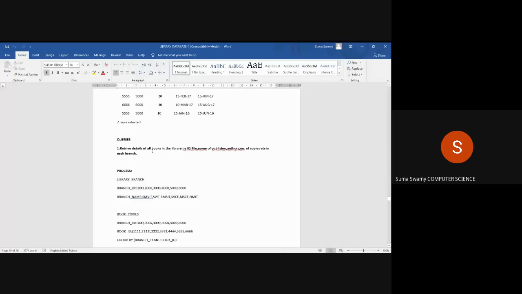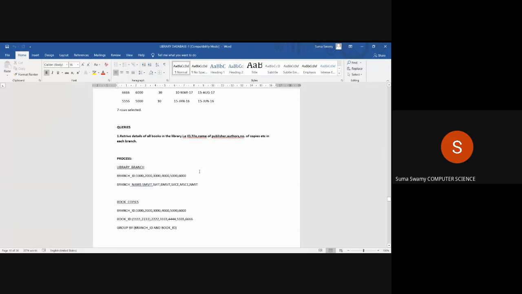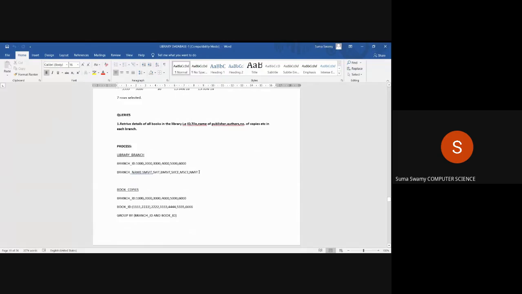Retrieve the details of all the books in the library. That is ID, title, name of the publisher, author, number of copies, and then with respect to program, which program. So we have to have the output for that particular program name, all the information related to the books in that program. So now go to your table values with respect to book table, and correspondingly you should also know the program name for which the books are available with respect to number of copies.